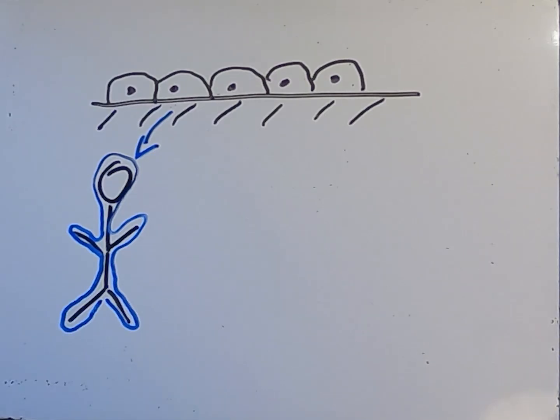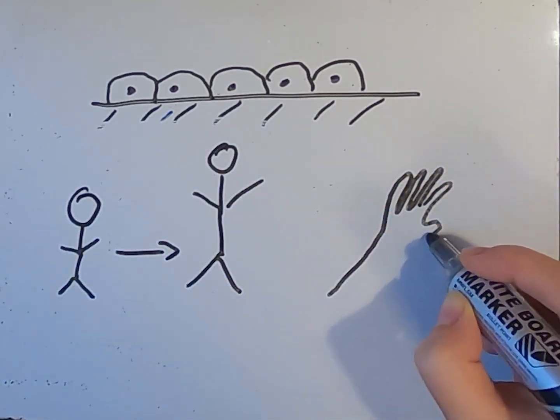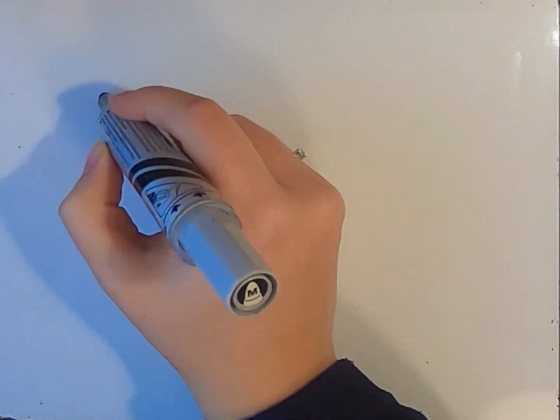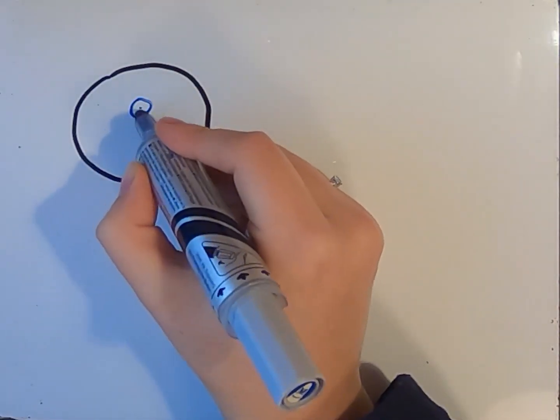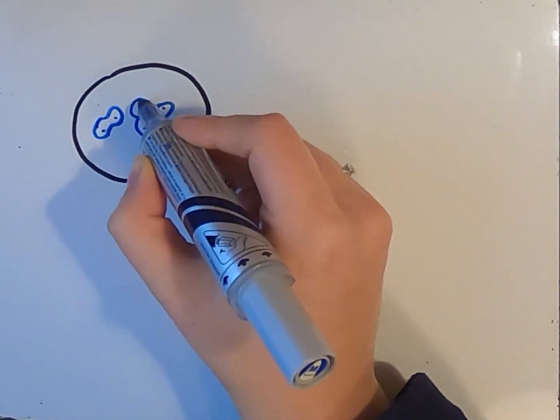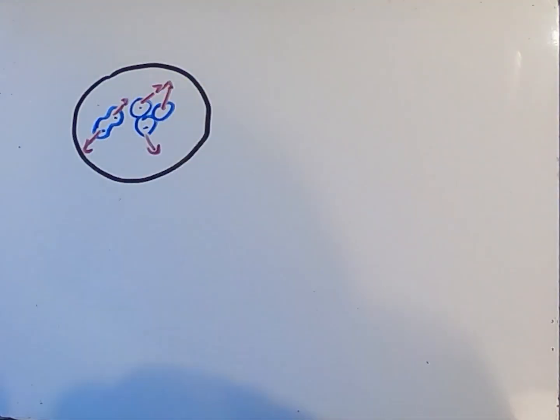Although an epithelium can be made up of several layers of cells, we'll only be looking at single layer epithelium. When you grow or get a wound, the epithelial cells multiply and rearrange themselves. Let's put some cells in a petri dish. At first, these cells do not fill the entire dish and they multiply. As there is still a lot of space, the cells can move by themselves, individually.